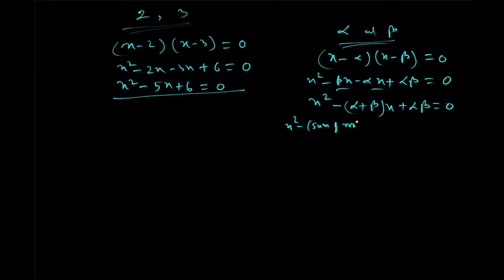So if two roots are given, we can directly say that the equation is x square minus sum of roots into x plus product of roots, that is equal to 0. So this is the equation formed from these two roots alpha and beta. Now in this equation you can check that x square minus sum of the roots, these are the two roots, so it is 2 plus 3, so it is 5, minus 5x, plus product of the roots, product is 2 into 3, that is 6.